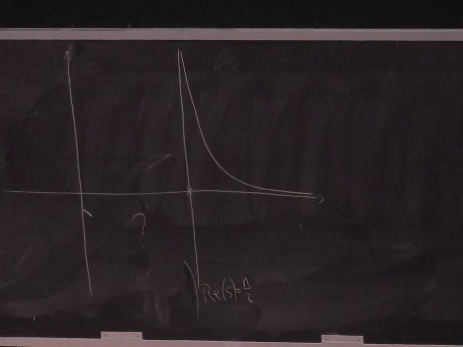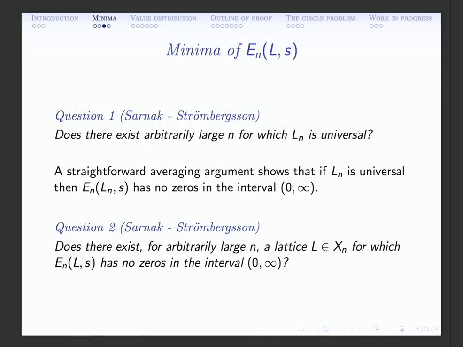So they made a weaker form of this question and asked, okay, if you have this observation about the behavior and the relation to zeros, maybe one can ask, are there, for arbitrarily large n, lattices L for which there are no zeros on the positive real line for this Epstein zeta function? And that could be a starting point to approach the first question. And this question number 2 is something that I'll focus on in this talk as a point of approach towards using, in the best possible scenario, the Epstein zeta function to say something about the sphere packing problem